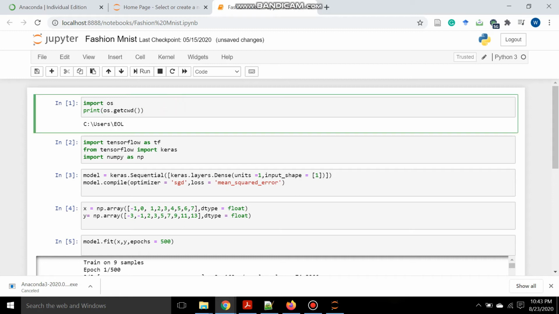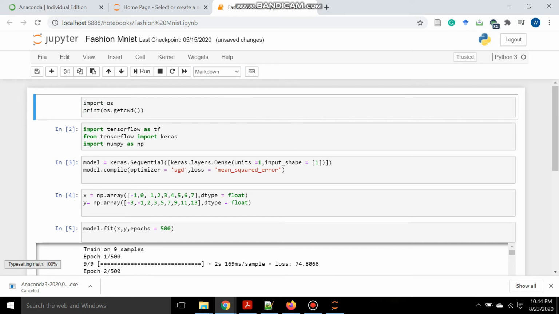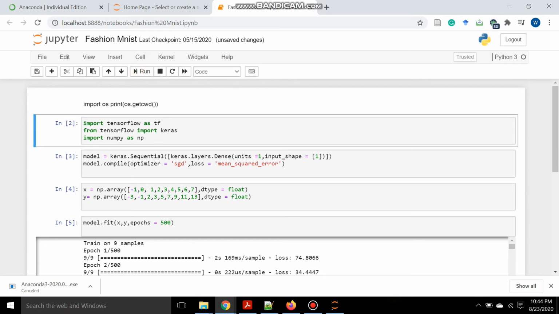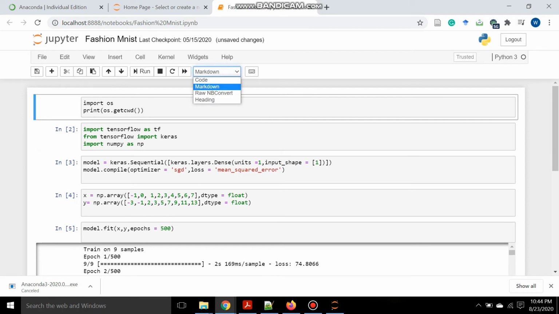If I again select it, and from this I select markdown, and then I run it, you can see it simply prints the code which I have written as text. That markdown option is for commenting or explaining whatever you are doing in this Jupyter Notebook. Let me again click on it, and if I again select it as code,